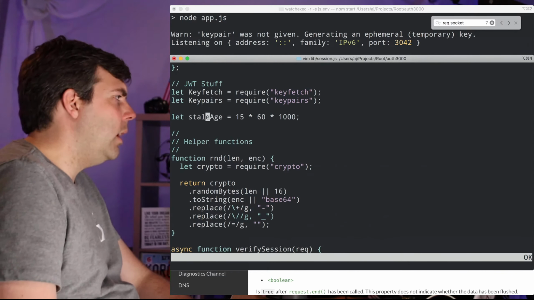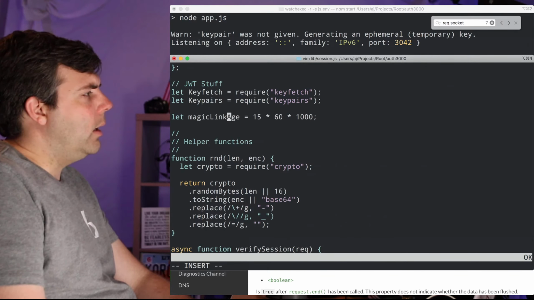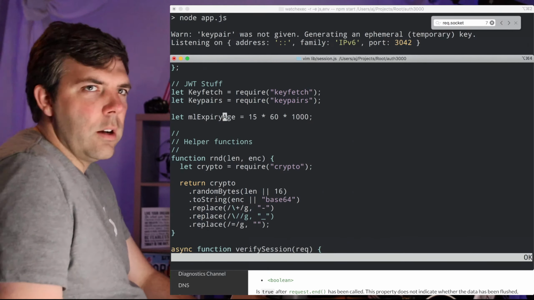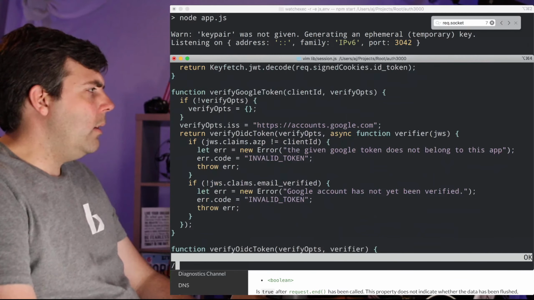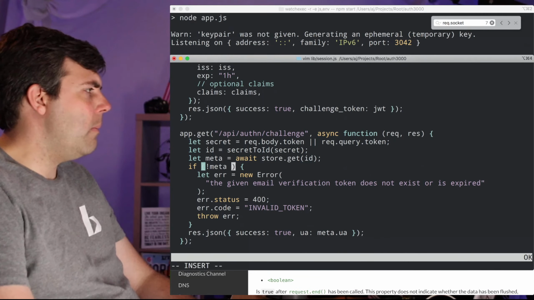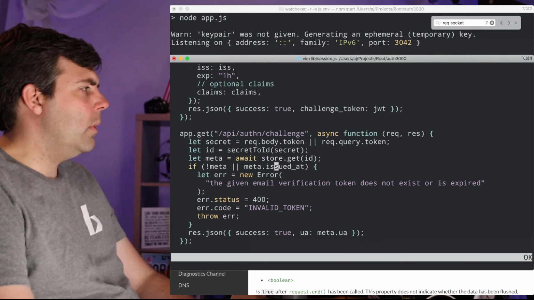And more specifically, we need to say this is magic link, or maybe just ML for short. Expiry age. I don't know. Naming things is hard. But let me look for store.get. If not meta, or meta.issued at is, let's say